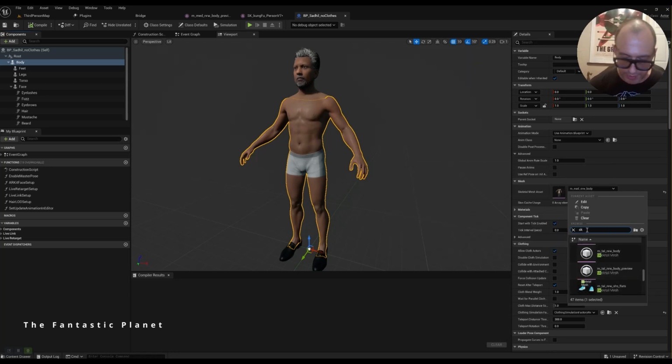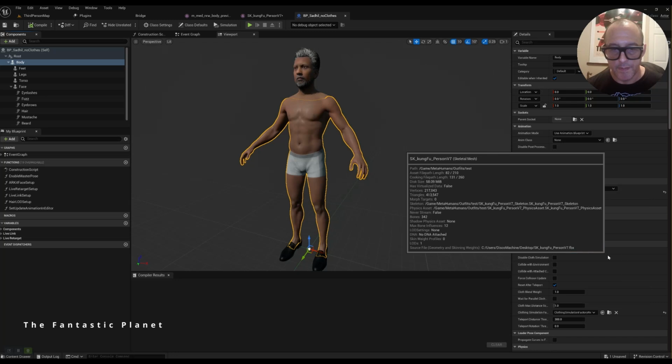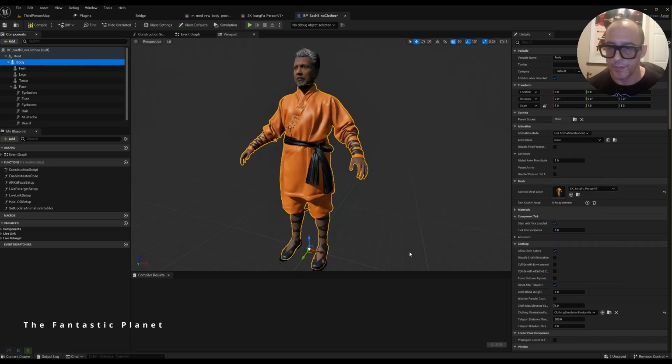So if I go SK, or I think it's Kung Fu, Kung Fu Person V7. There we go. And there's our clothes. Now, remember I was talking about those values in Marvelous Designer, like the roughness and the metallic? Well, I would definitely want to go through this, and we can go back to there,